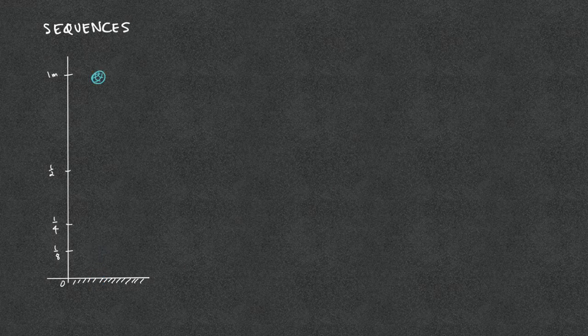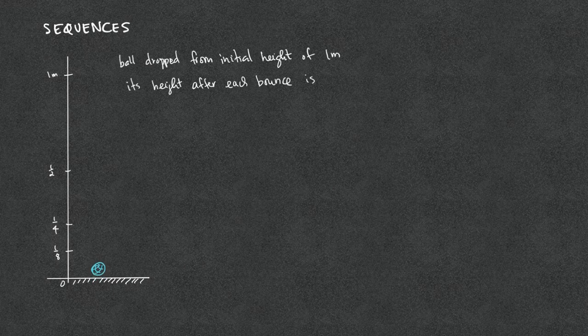And so the initial height is 1 meter. After the first bounce, the height is 1/2 meter. After the second bounce, the height is 1/4 meter. After the third bounce, the height is 1/8 meters, and so on. In this scenario, we assume that we drop the ball from the initial height of 1 meter. Its height after each bounce is half of its previous height, and we assume that the ball keeps bouncing up